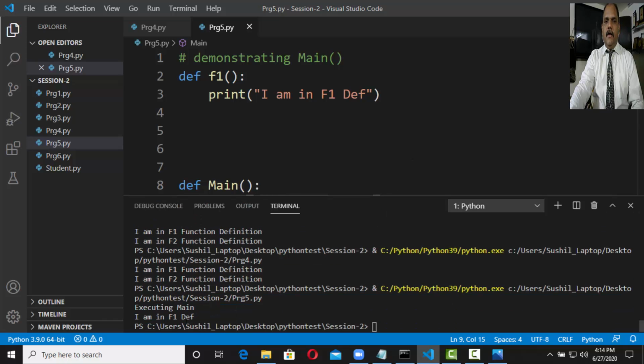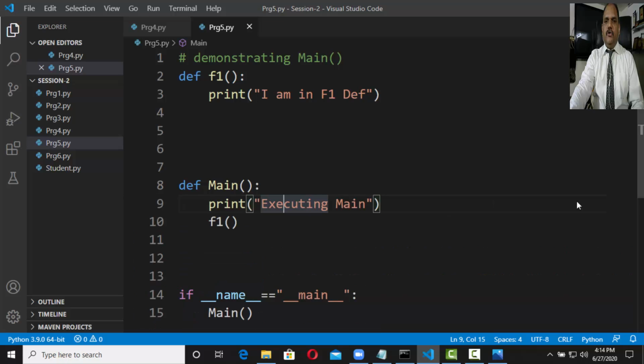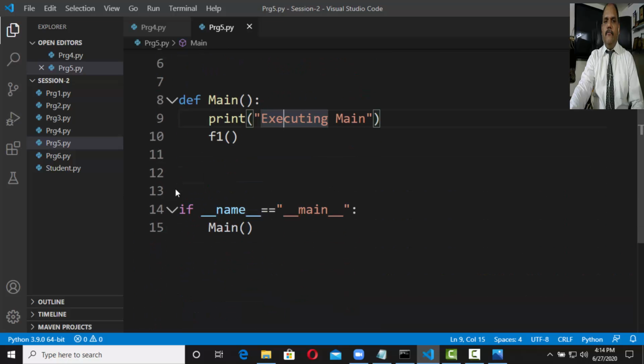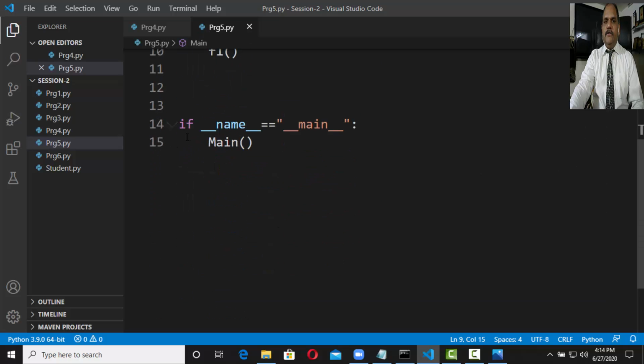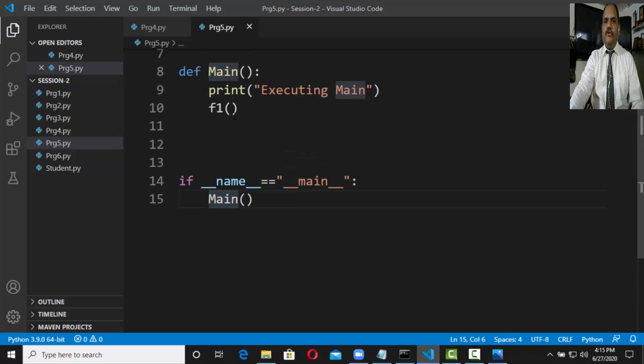Here it is executing main and I am in f1 definitions. So this program helps you understand how we can define the main. Instead of starting execution from here, it will start executing from here. So if __name__ == "__main__", this is the syntax for defining a main, and then you give a call to the main, and then the actual definitions of